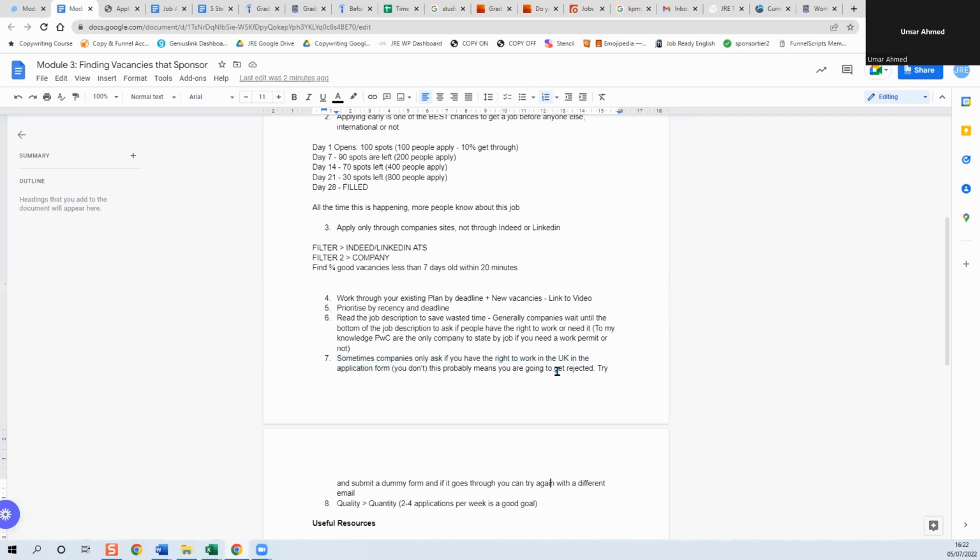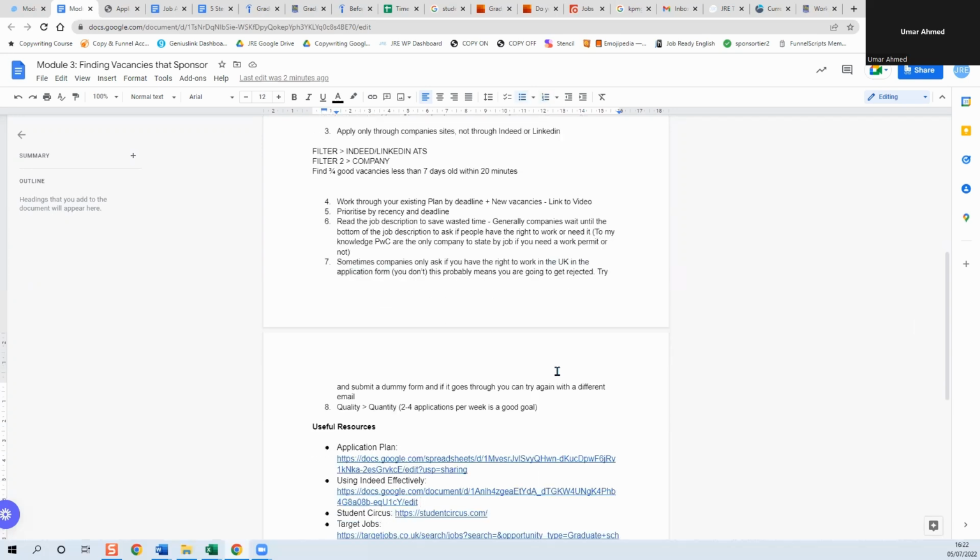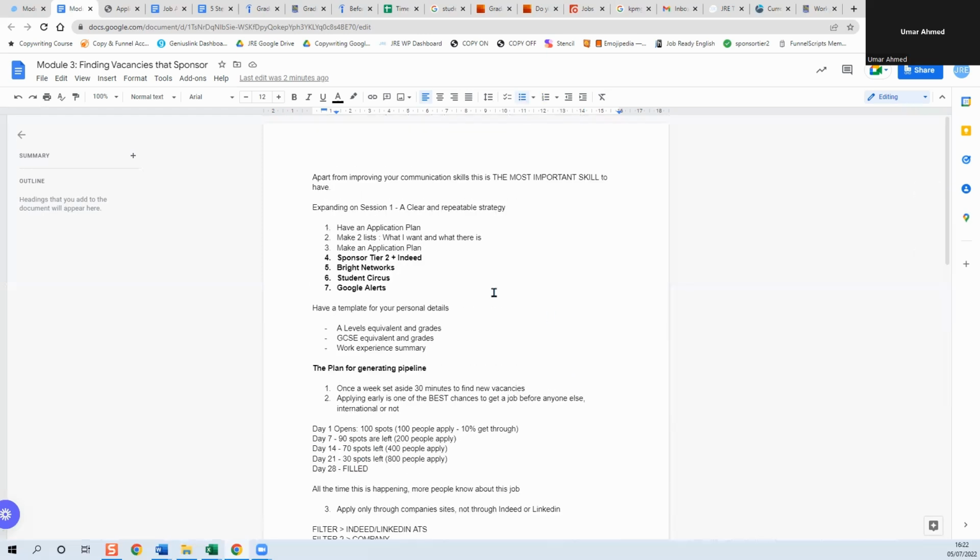Finally, I always recommend quality over quantity. A good rule of thumb is about 2 to 4 applications per week. I would say that is a pretty good goal. And that's pretty much a bulletproof way for finding vacancies and generating pipeline for vacancies that are sponsored on a week by week basis. I would say if you action that, you will massively increase not only your response rate,